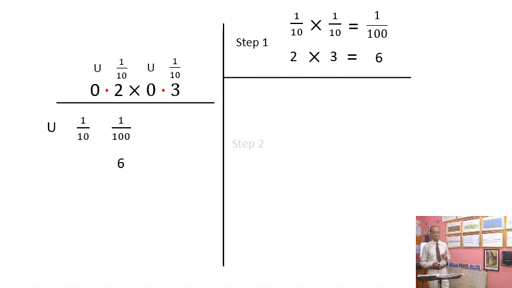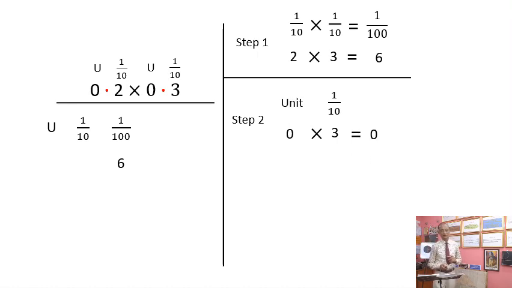This is step number 1. Let's go to step number 2. In step 2, let us multiply 3 and 0. 3 is in 1/10 place and 0 is in units place. 0 into 3 is 0, no doubt about it. But what about the place value of that 0? For that, we have to multiply the unit into 1/10. Unit means 1. 1 into 1/10 is 1/10 only. So 0 is in the 1/10 place. So let us write 0 in the respective position. So this is step number 2.